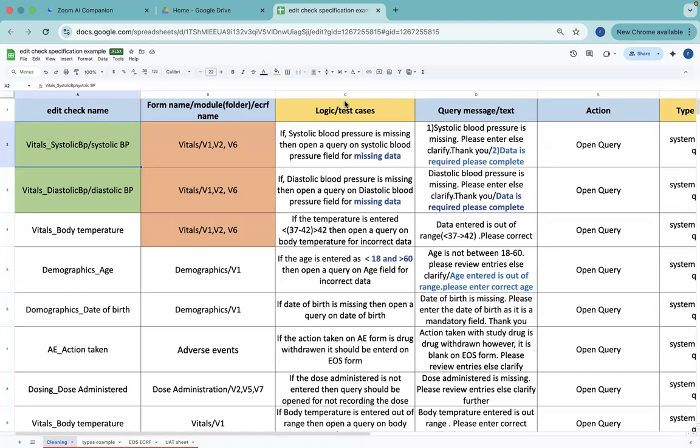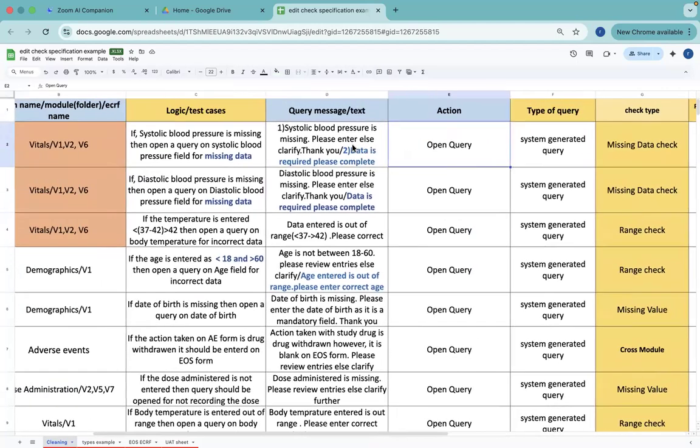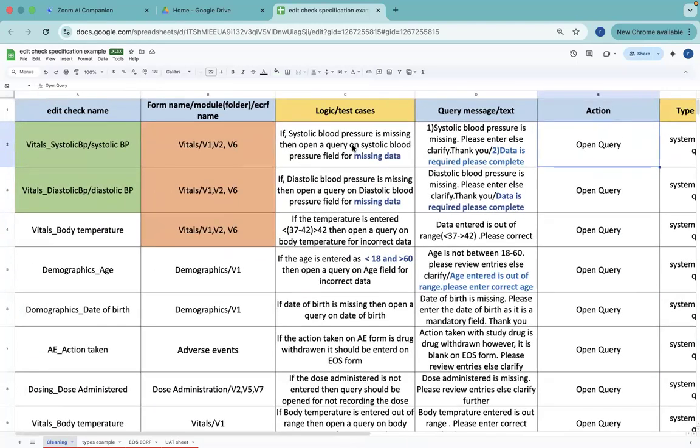Okay. So the same goes for the other parameters. If you look into the parameters here, this is for the diastolic. So now what happens? What is the action that you want from this test case? What are you trying to say by having this specification? This is your requirement. And what happens if I don't meet it? Okay, for example, let's say that